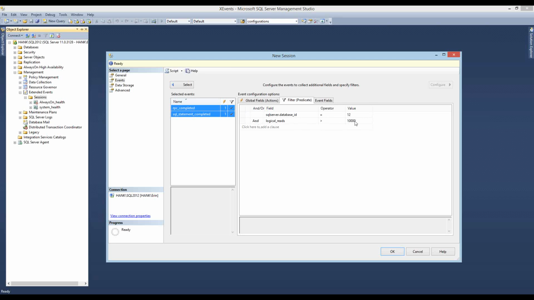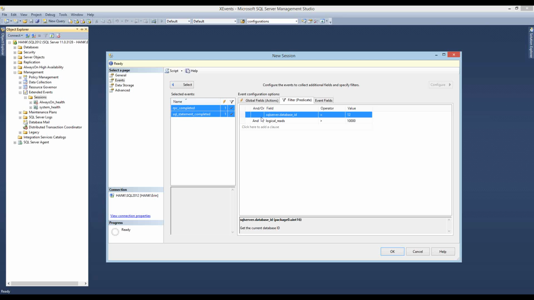Next, RPC completed comes in. We're checking for RPC completed. I've got it. Is my database ID equal to 12? No. Done. Doesn't even evaluate the reads, right? So this short circuit logic is great where you want to make sure that when you're setting up your predicate, when you're setting up this filter, you want to put what is going to narrow down your result set the most. You want to put that earlier in the predicate, first perhaps.